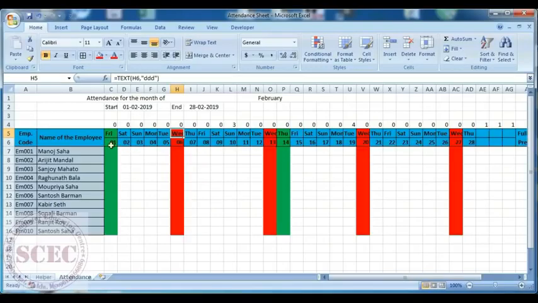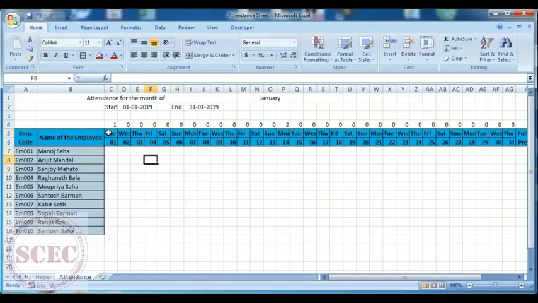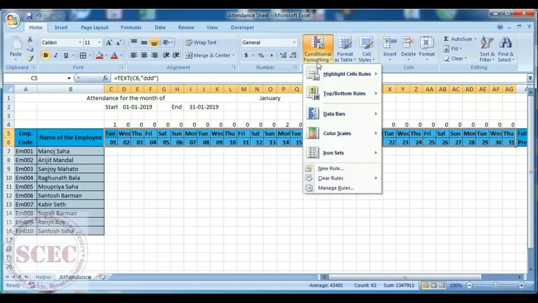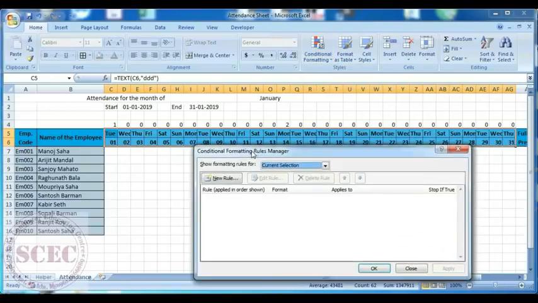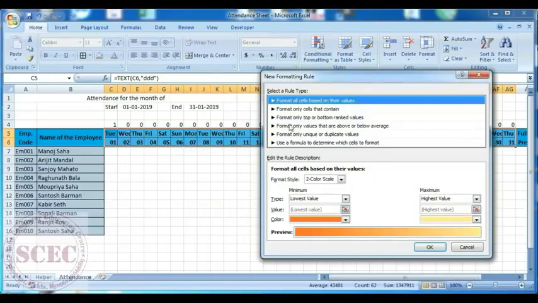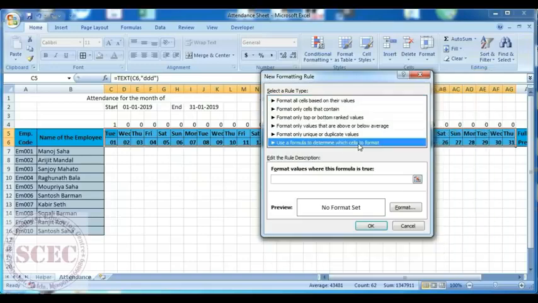So first let's remove this formatting by pressing undo, and now at first I select this row and go to conditional formatting, then press manage rules and new rule. After that I press use a formula to determine which cells to format.